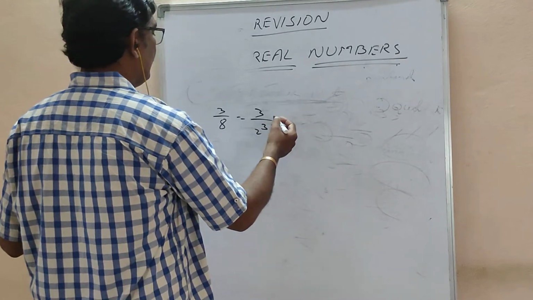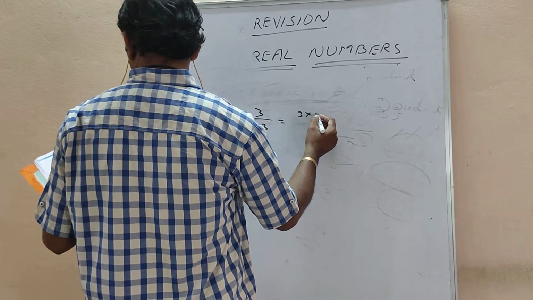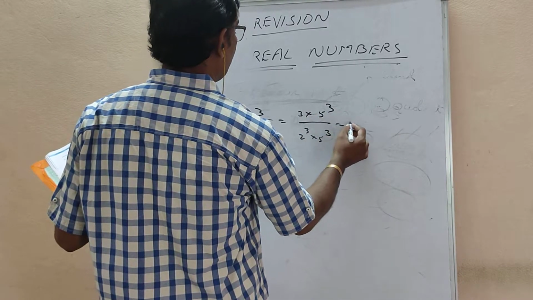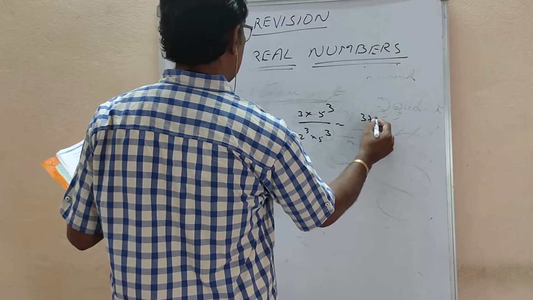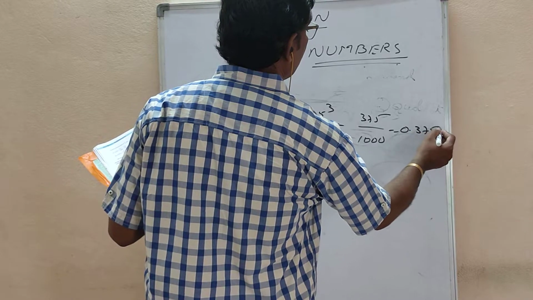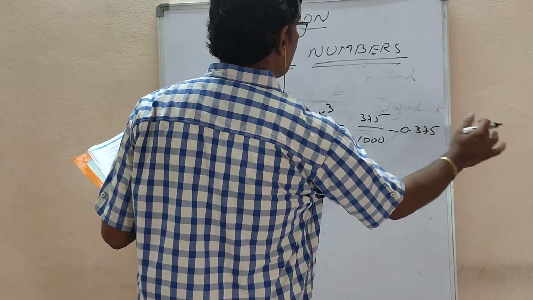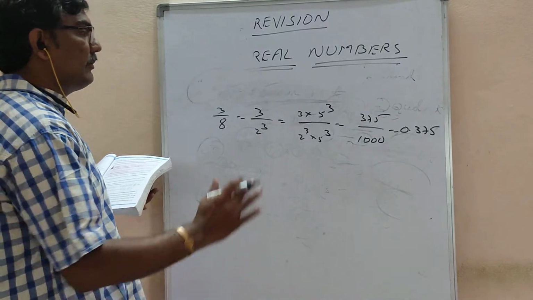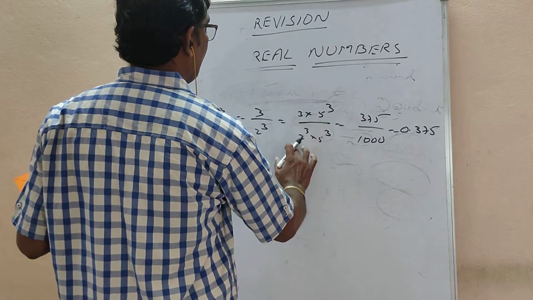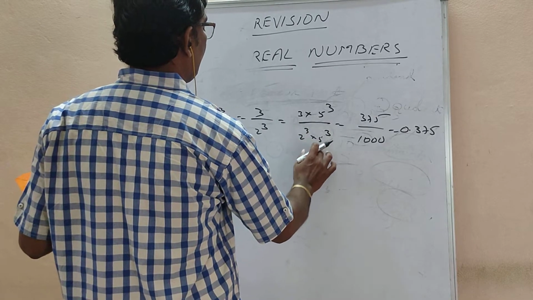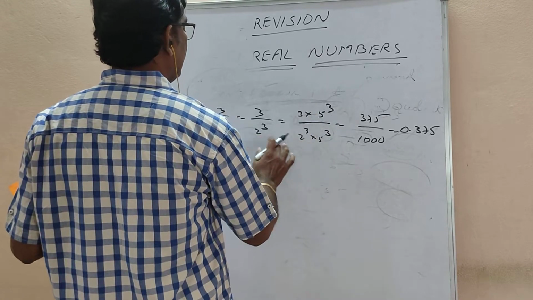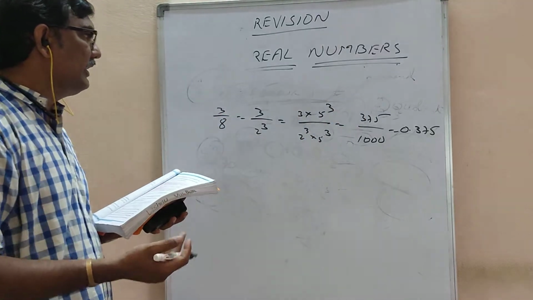So again what you have to do, 3 into 5 cube by 2 cube into 5 cube, 375 by 10 cube, 0.375. So 0.375 etc. is not there, not repeating. So it is terminating. So it terminates means its denominator will be in the form of 2 power n into 5 power n. Why I multiply denominator and numerator with 5 means it should be in the form of that one. Theorem 1.3 is saying like that.